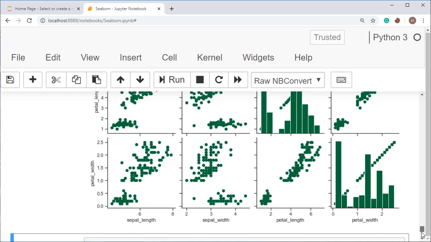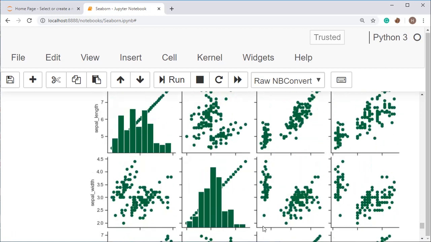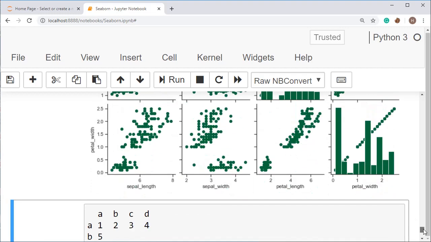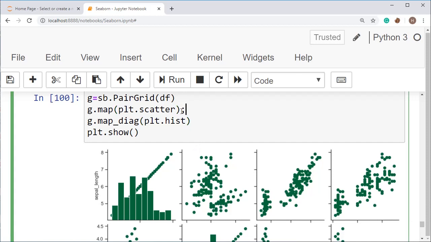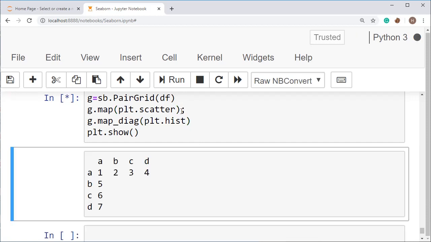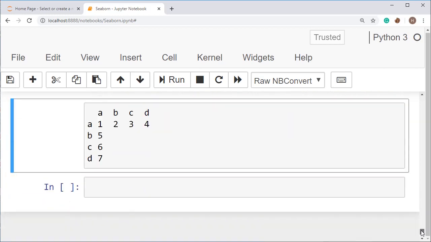See here, all the diagonal elements are histograms, and all the other things are scatter plots. If you place a semicolon here, you will not get any scatter plot in between. So see here, this is our graph, and I hope you have understood what I am trying to say. If you have any doubt, you can just ask your doubts.